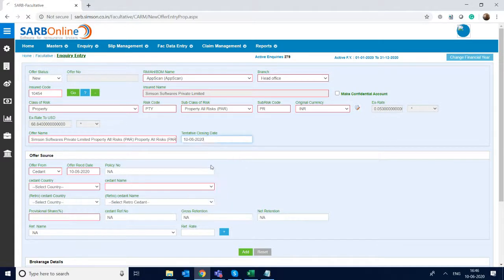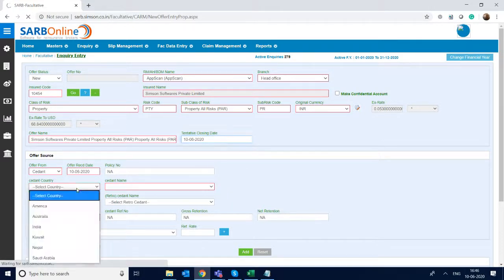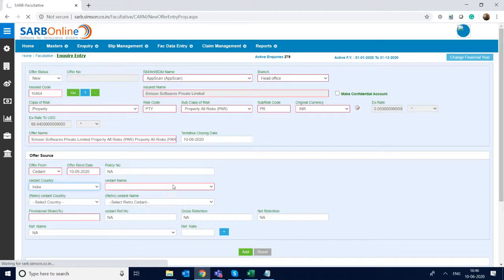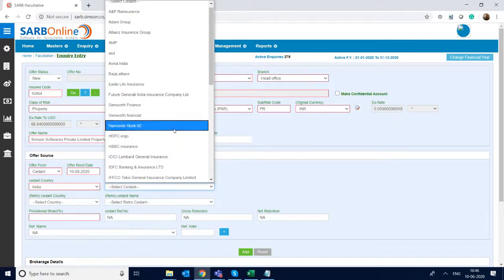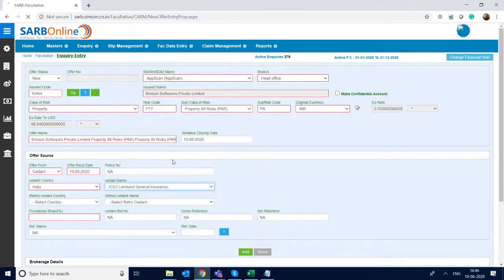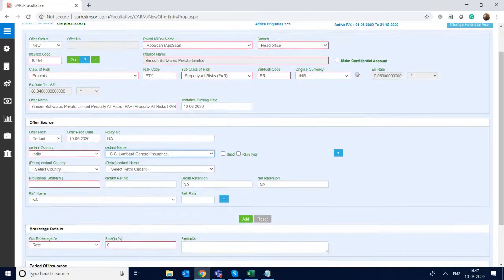So you get the offer name and I select insured from India. Example ICICI Lombard. So we have 100% share. Suppose cedent retention is reference number is not available, and I leave all others.